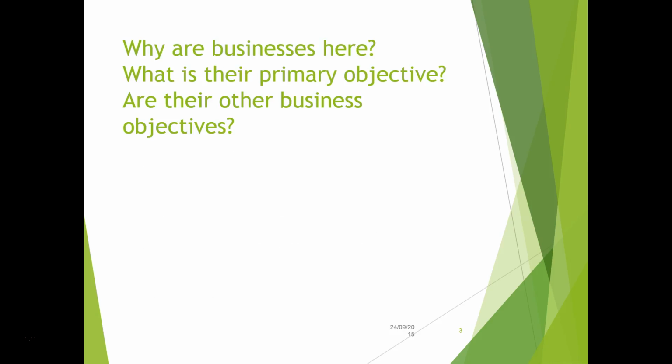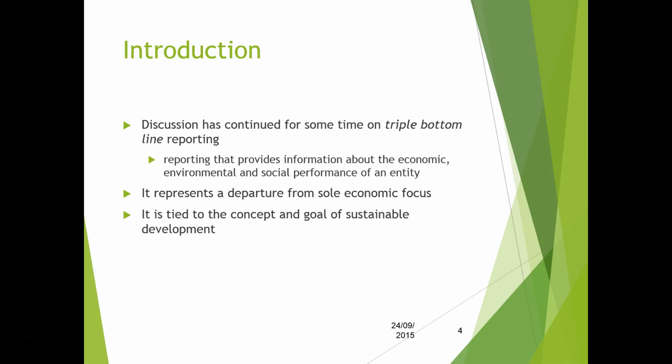So why are businesses here? I think it's safe to assume that the primary business objective is profit, but what are other business objectives? And we'll have a think about that as we progress. You would have heard discussion sometime on triple bottom line reporting. That's reporting that provides information about the economic, environmental and social performance of a business. So it represents a departure from a solely numbers focus and is tied to the concept and goal of sustainable